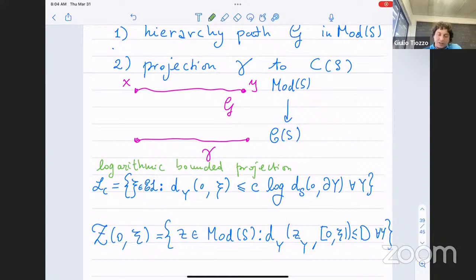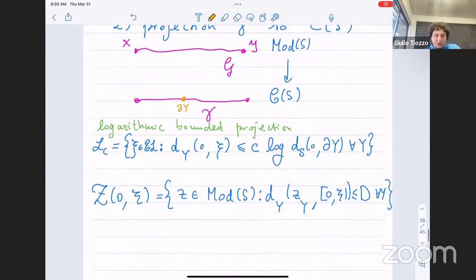So, of course, you know that points in the curve complex are curves. So if you pick a point here, the boundary of your subsurface is some curve, and this tells you how far you can go in that particular subsurface. That's the basic idea. And you want to go somewhat logarithmically far depending on this distance. So in that sense, I'm saying that the distance in the curve complex of S controls everything.